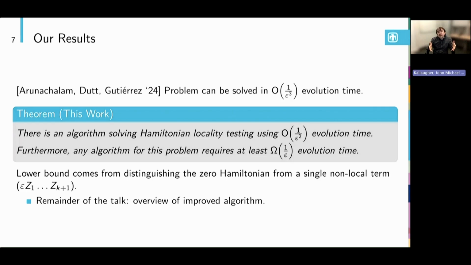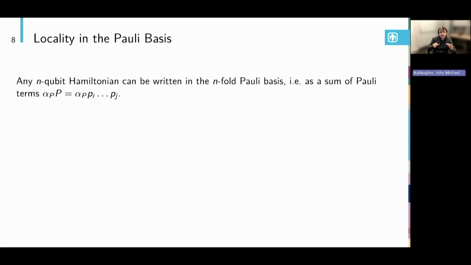And to tell you that, I need to start by telling you about the barrier that prevented previous work from doing better than 1 over epsilon cubed. But before I get there, it will be helpful to take a slight detour into talking about writing Hamiltonians in the n-fold Pauli basis. Any Hamiltonian can be written in this basis,